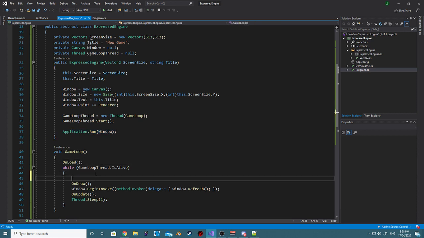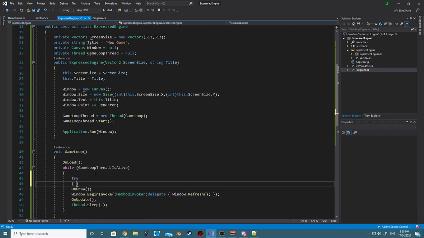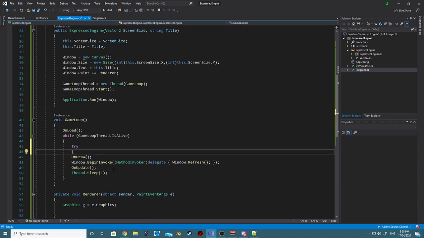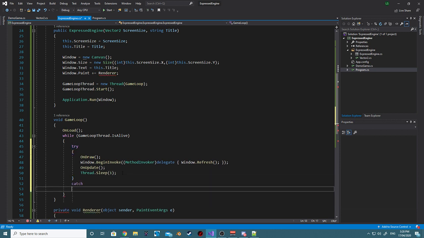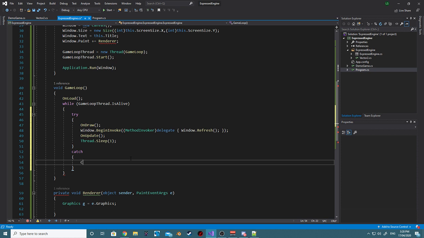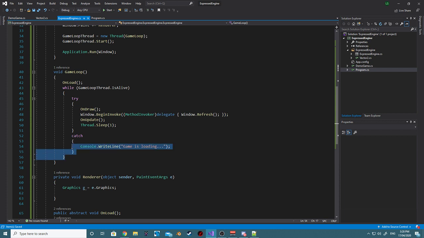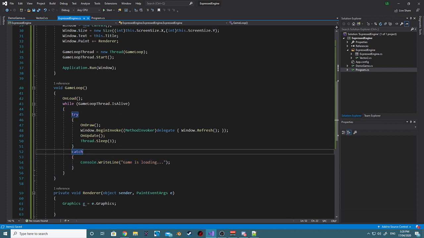So we should be good to, I mean, here's the cheat way of doing it, right? You just try catch everything, and that'll be fine because we can do something like this, try catch, and then we can say Console.WriteLine, and we can just say something like game is loading. And that's a real hacky way of catching that error. So if we start that now,